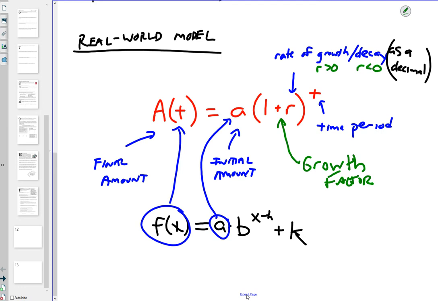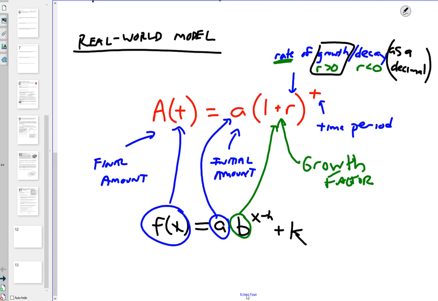What used to be the base is now called the growth factor. The growth factor is going to be the number 1, that's not an L, that's a 1, pardon my handwriting, plus some type of rate of change. Now, I know this is a little bit messy here, but what I mean by this,